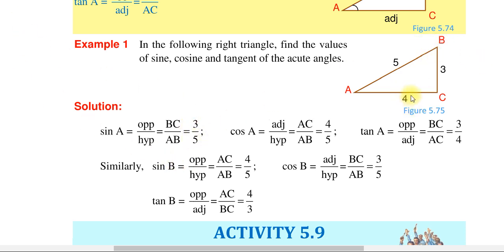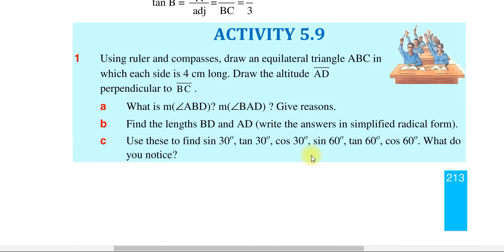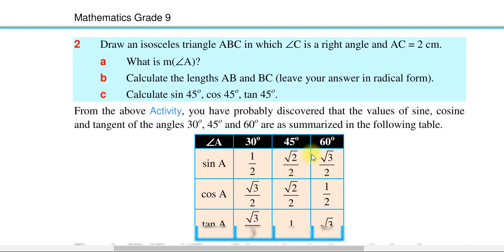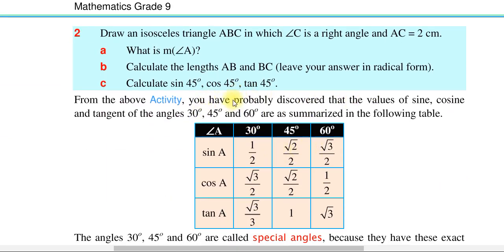Opposite is 4 over 5. Cos B is adjacent over hypotenuse. Adjacent is 3 over hypotenuse 5. And tan B means what? Okay, tan B is opposite over adjacent. Opposite is 4 over adjacent 3, so we can determine 4 over 3. You have probably discovered that the value of